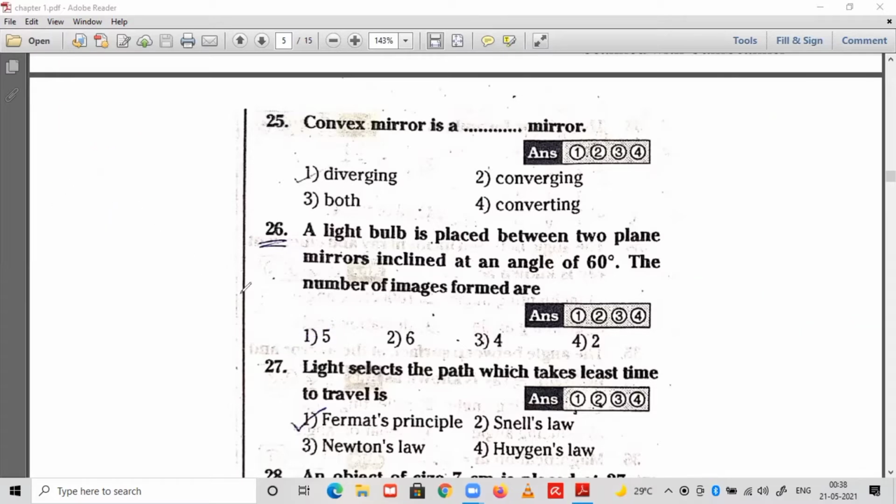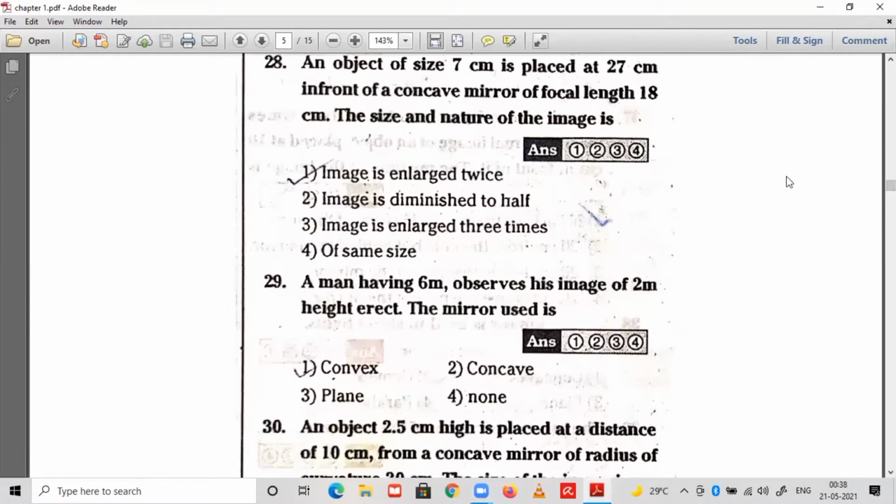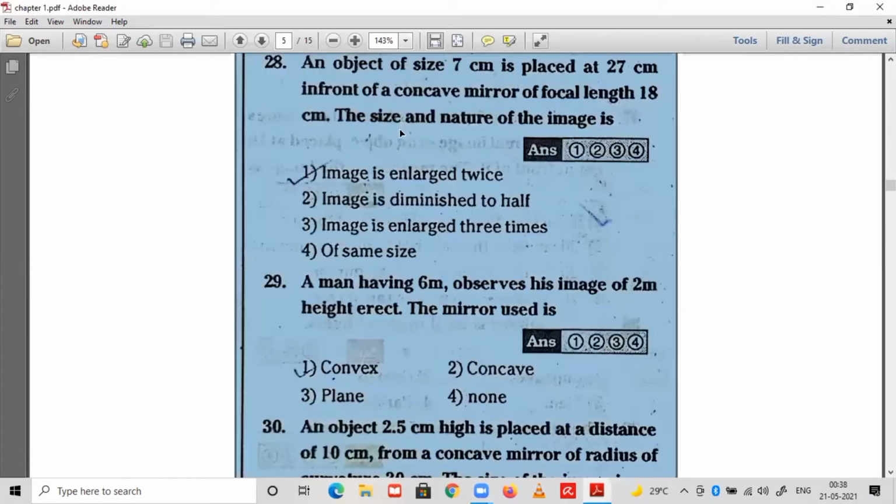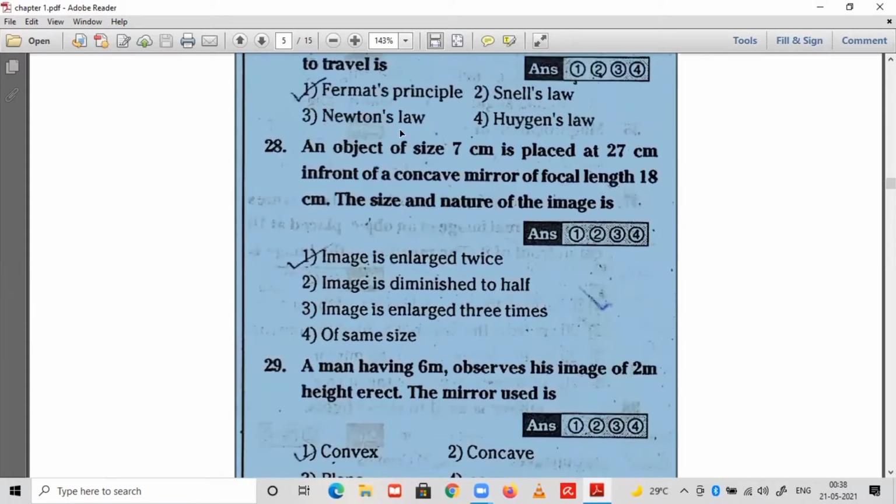Next question. Light selects the path which takes the least time to travel. It is Fermat's principle. It is a direct question. As per Fermat's principle, light always chooses the least distance or least time to travel. It is nothing but Fermat's principle. Next, 28th